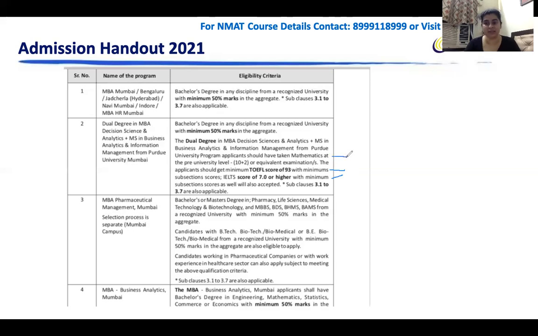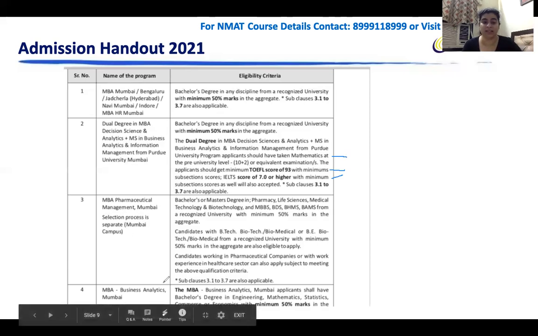It is analytics, it's stats oriented, so you must have studied mathematics in 10+2. You can't have left maths after your 10th standard. If you have left it after 10th but you are very interested in analytics and want to do it, then apply for MBA business analytics Mumbai, not the Purdue one, but MBA business analytics Mumbai you can apply.